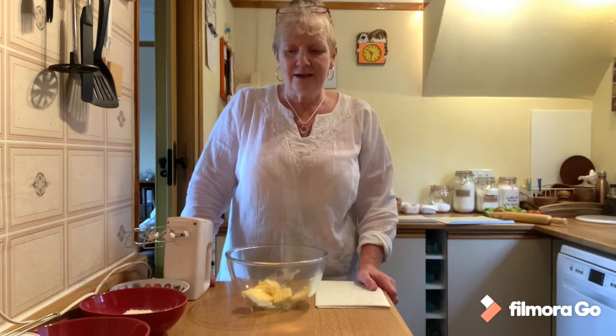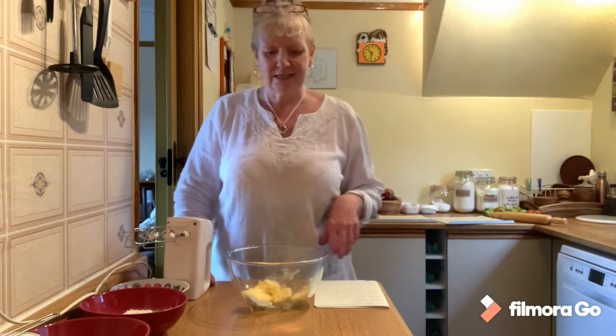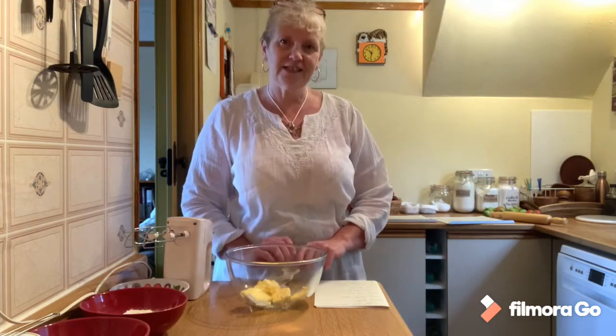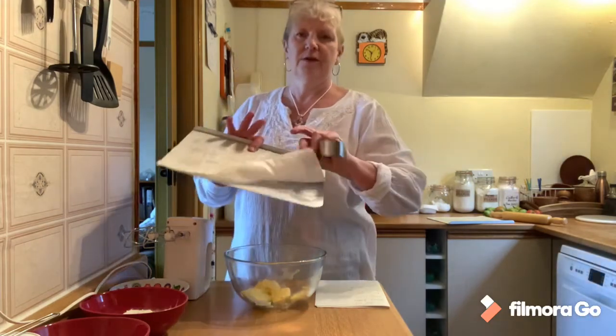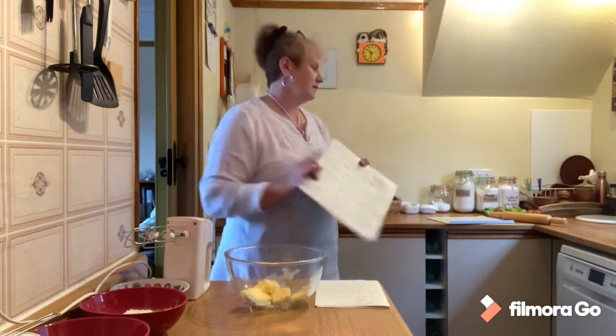Welcome. Today we're making an oatmeal cookie biscuit, very much like British style McVitie's Hobnobs. I've already preheated my oven at 180 degrees centigrade, 355 Fahrenheit, and I've prepared myself 2 baking sheets lined with greaseproof paper. So I've got 2 of these ready for our biscuits,